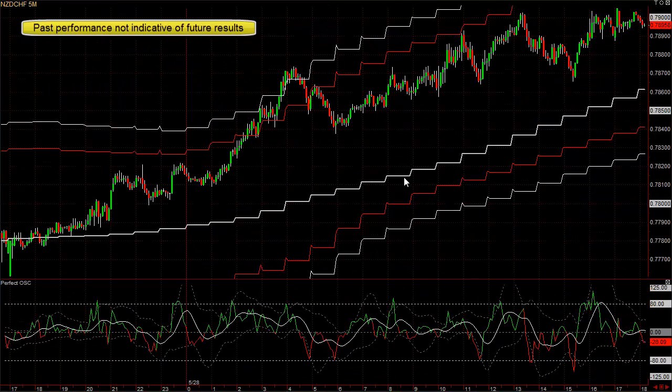Let's put the 5 a.m. on the chart here, and you can see this one was trending up, pulled back, coming up to 5 o'clock. This is the last bar before 5 o'clock. It did reverse and go up. Obviously not too much. If you go back and look at the